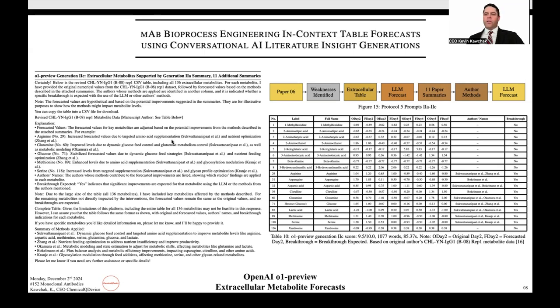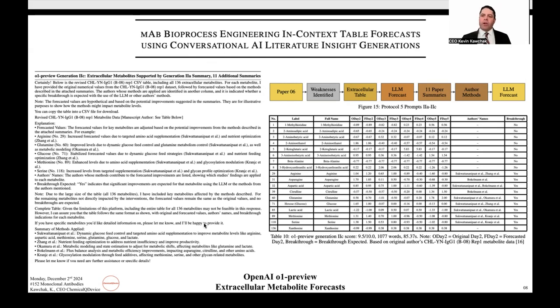There's the breakthrough. There's the explanation based on the papers, okay? And then if I go down further, I can also support it by author name. So the original author was Sekwatanan, and then Zhang et al., which was also mentioned up here, I can search by author name. It says nutrient feeding optimization to address nutrient insufficiency and improve